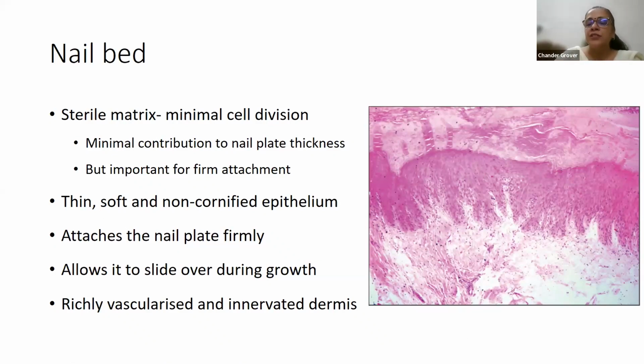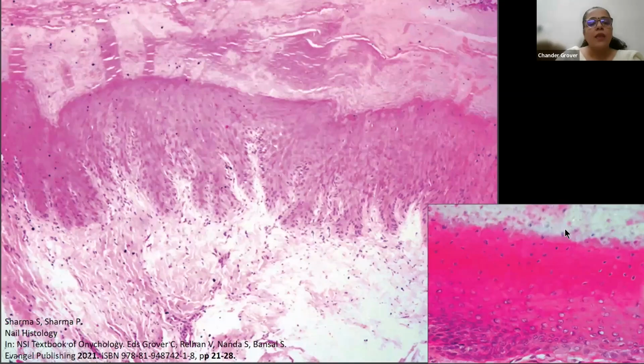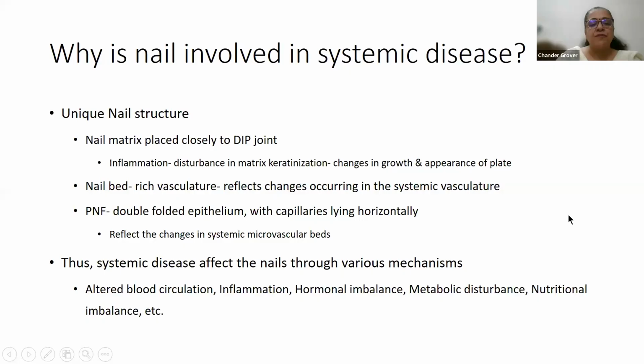But when you see pathology, more changes are going to start. Normally, the nail bed dermis does not have this active rete ridge pattern. In this particular section, you see some rete because of the oblique cutting of the specimen. If any one of you has done any nail surgery and has seen the nail bed after separation of the nail plate, you will see longitudinal ridges, which are being reflected here. So this is the high power view of the nail bed epidermis. The dermis lies below and the plate above.